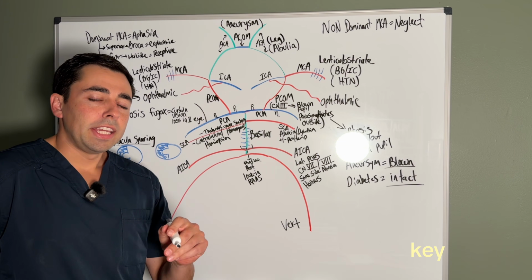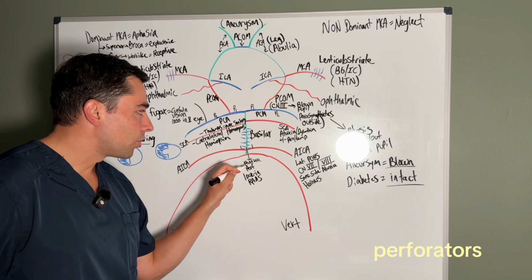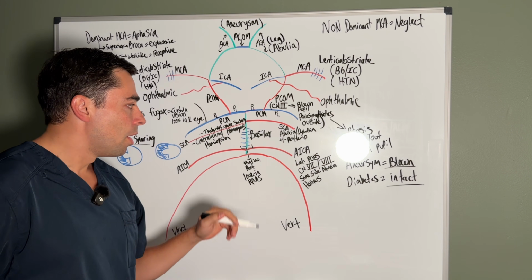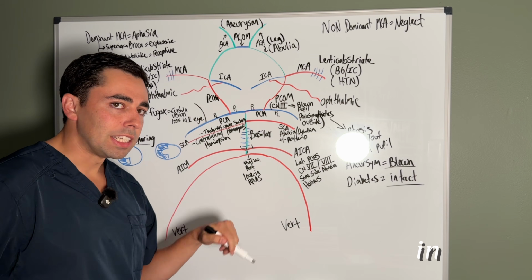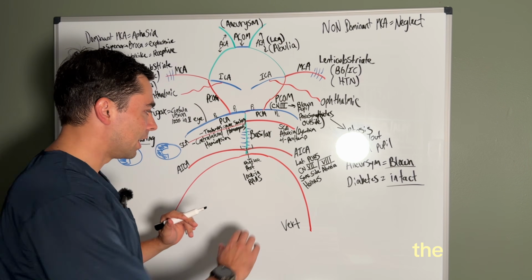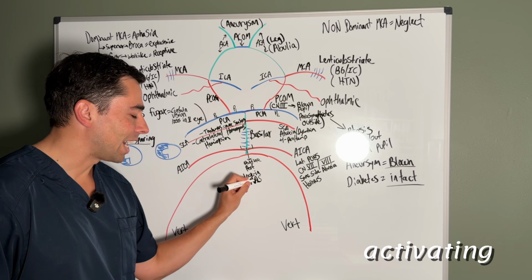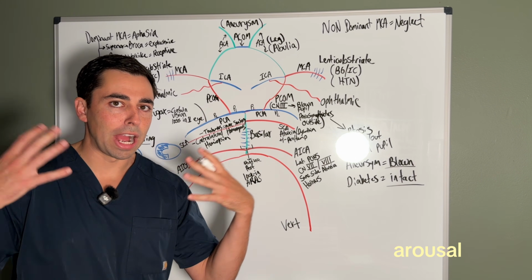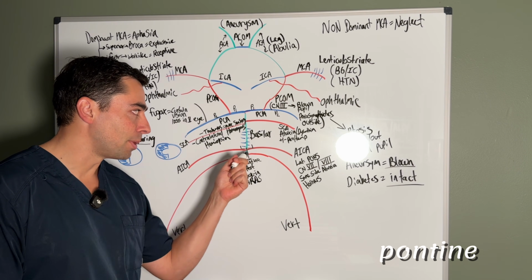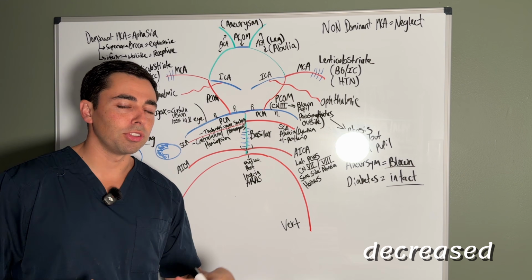Okay, lastly, the key one to know from the basilar artery is the pontine perforators. You can just think of this in general with the basilar, kind of interchangeable. But these will cause locked-in syndrome, just massive pons stroke, as well as affect the now called ascending reticular activating system, which is kind of your body's arousal mechanism. So people that have large pons strokes from their pontine perforators from a basilar thrombus will have decreased levels of